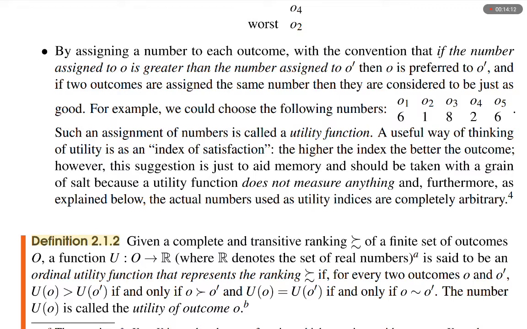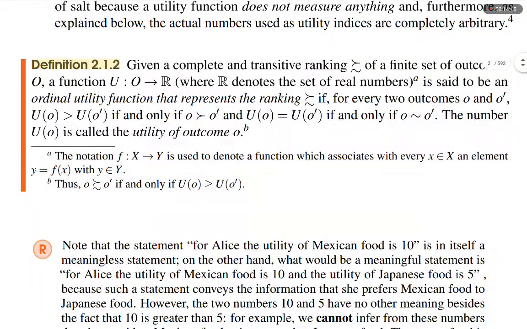Definition 2.1.2. Given a complete and transitive ranking of better than or just as good as of a finite set of outcomes, capital O, a function U: O → R, where R denotes the set of real numbers, is said to be an ordinal utility function that represents the ranking better than or just as good as if